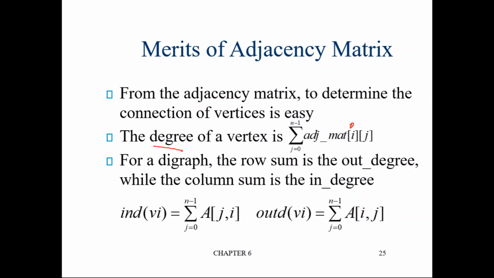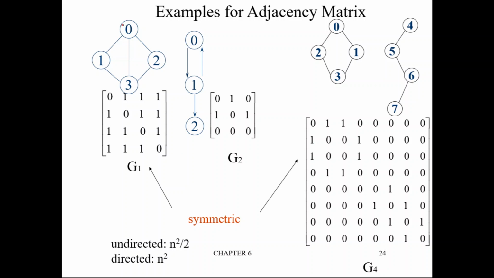How is that, you may ask? Let us take one example. Take this particular graph and this particular node. What is its degree? It contains 3 edges, 1, 2, 3, so its degree is 3. Now how can we find the degree from the adjacency matrix? Go to row 0, the 0th node, and count the values: 0 plus 1 plus 1 plus 1, that is 3. That is nothing but the degree of that node.